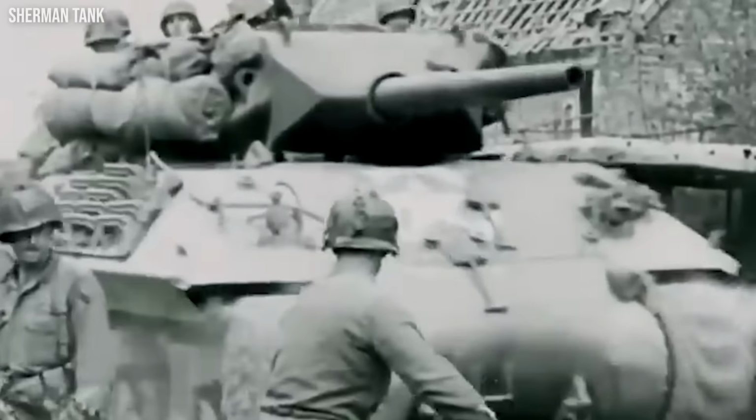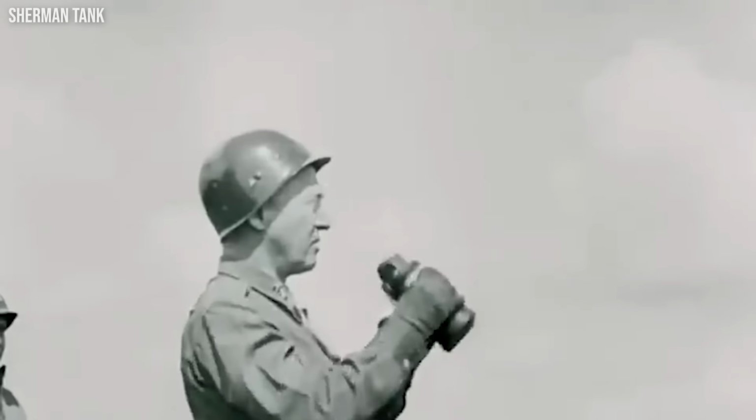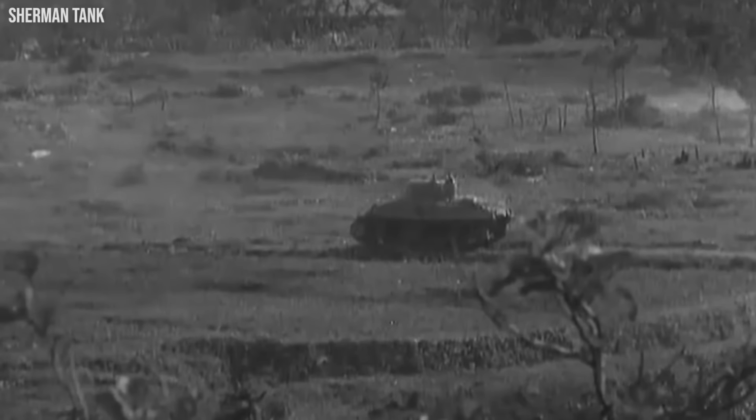role. In this battle, the Sherman was used to help defend against German counterattacks, and it proved to be a horrifying weapon against the heavily armoured German tanks. Sherman's mobility and firepower proved to be crucial in the battle, and it helped turn the tide in the favour of the Allies. At last, the Battle of Okinawa in 1945 was one more important battle in which the Sherman showed